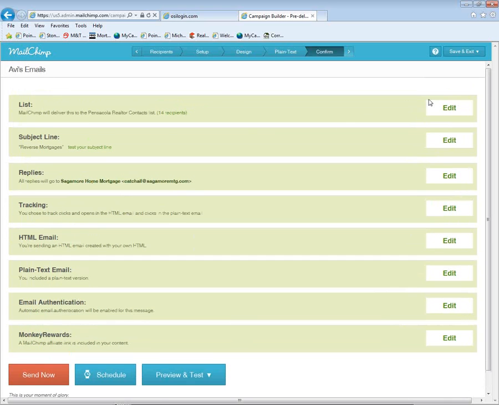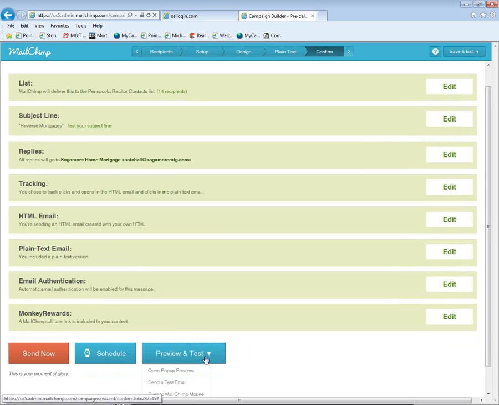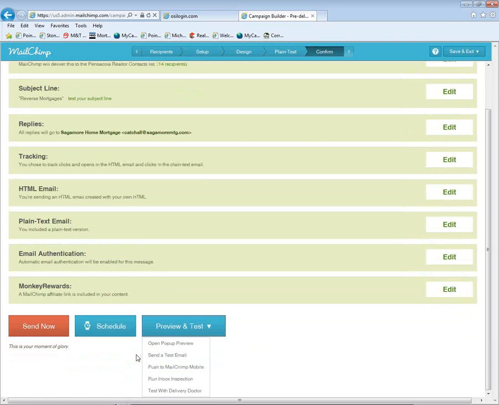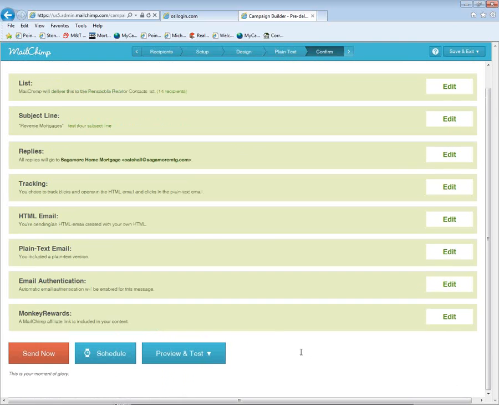So we've got everything. This kind of goes back through everything that we walked through. You did the list, who we were sending it to, we did the subject line, the reply-to, the tracking, HTML email. It's just kind of an overview of what's going on, preview and test. You can either preview and test from the design portion, or you can actually do it from right here. I already sent a test email. What I'll do is I'll come over here,